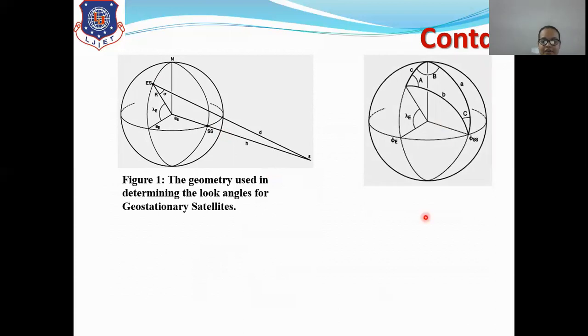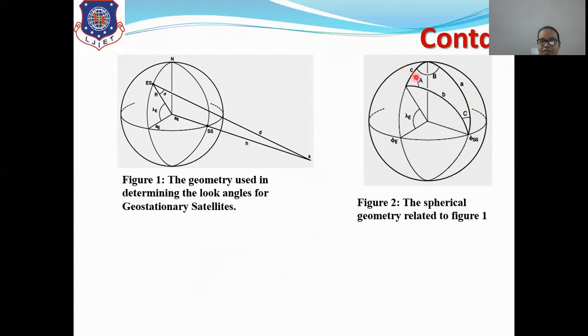Next, the figure you see is used for determining look angles. It is also related to figure 1, which is a spherical geometry. This is in terms of angles. Let's say this is the Earth station, so that will be the longitude of the Earth station in the east-west direction. This will be the latitude of the Earth station, lambda e, in the north-south direction. Now this is the spherical geometry in which we have capital A, capital B and capital C. What are capital A, B and C? We will discuss in the next slide.